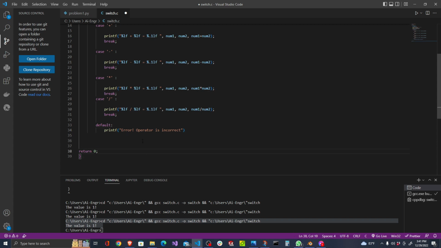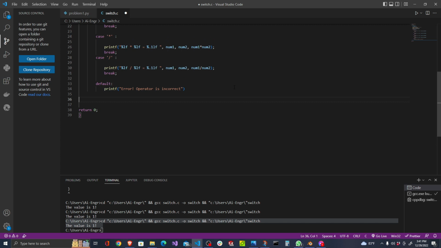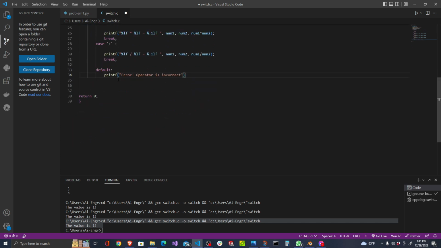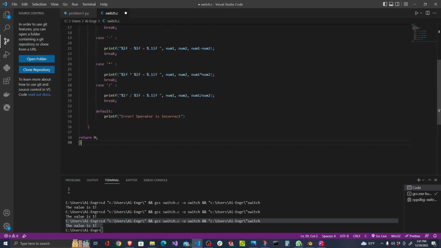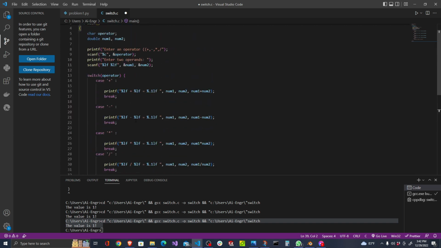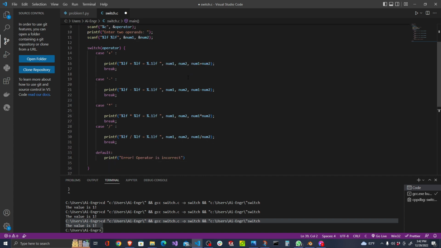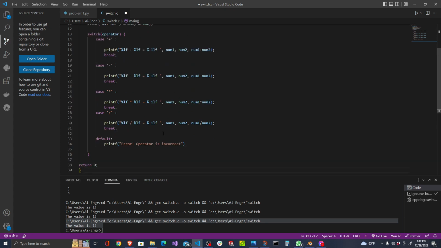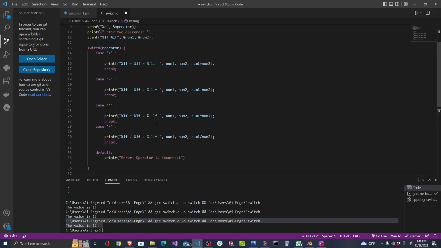Right now we're gonna check if the code is correct. So let's see the operator and num1 and num2. Error, operator is incorrect. Num1 division, multiplication, times, divide, minus, subtraction, addition, plus. Okay,